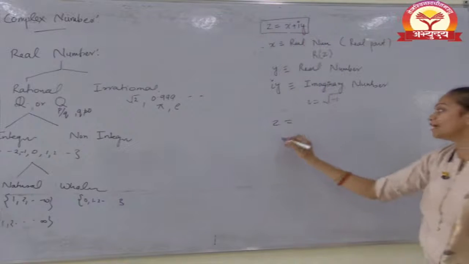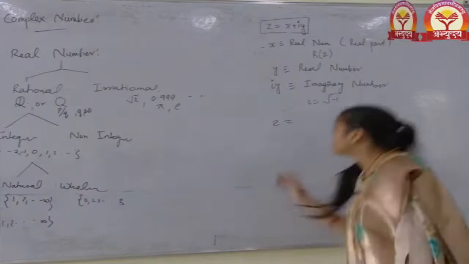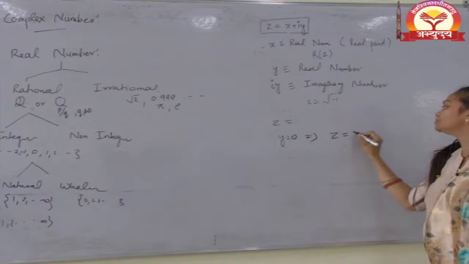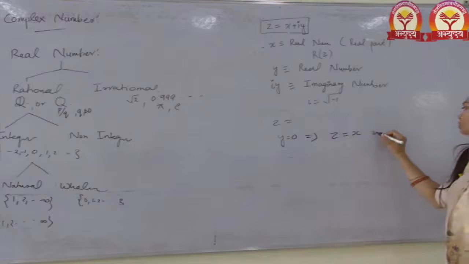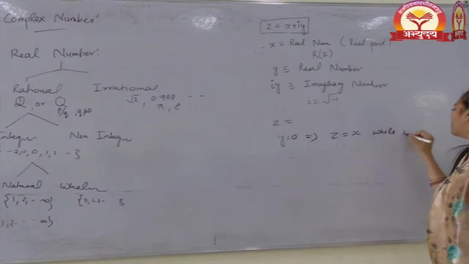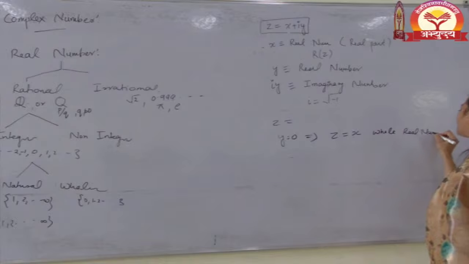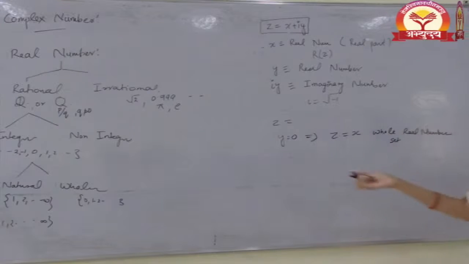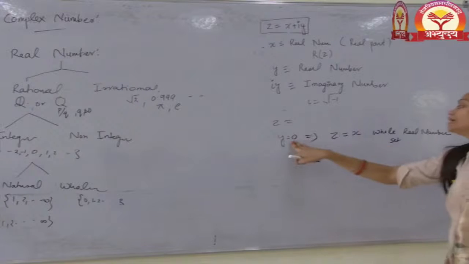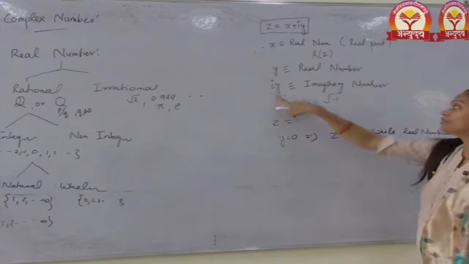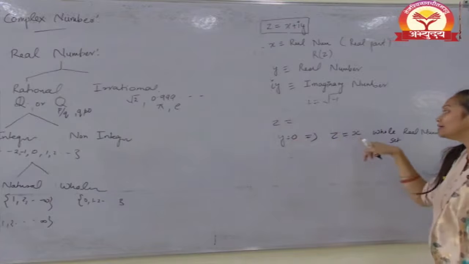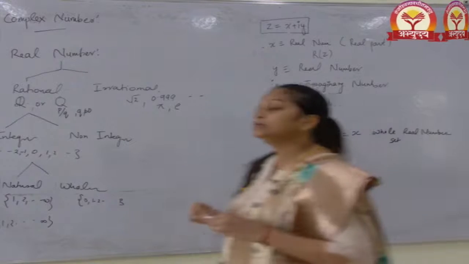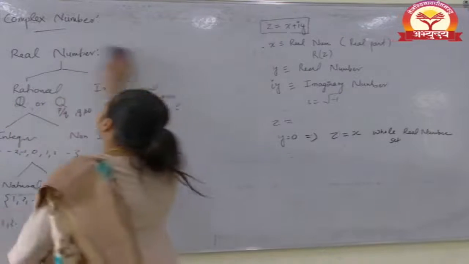Suppose y is equal to 0. Then what? Then we will get z is equal to x only. Whole real number set. You will get the real number set when y is equal to 0. So that means by taking this y non-zero with this imaginary quantity, you can extend the real number into a complex number. This one is an extension of the real number. Next,